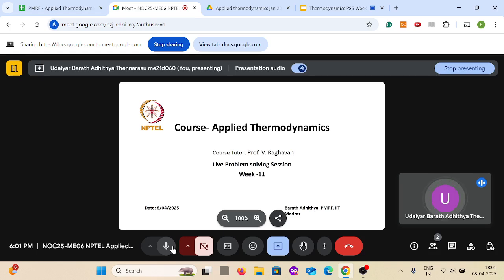This is week 11 of Upper Thermodynamics course. So this week we'll look at compressible flows, numericals on compressible flows. This and next week will be on compressible flows. So starting with, we'll first understand what are stagnation states and what is a compressible flow, when you consider a flow to be compressible, and these are the basics to start with compressible flow, and then also some numericals on normal shock.